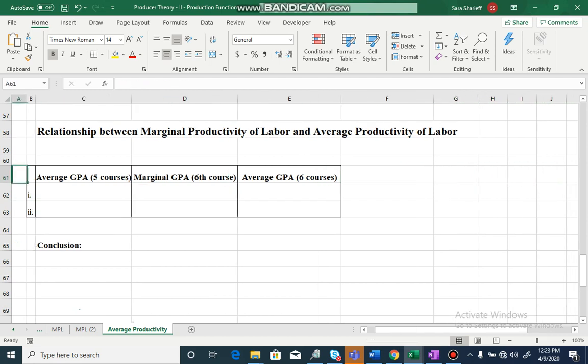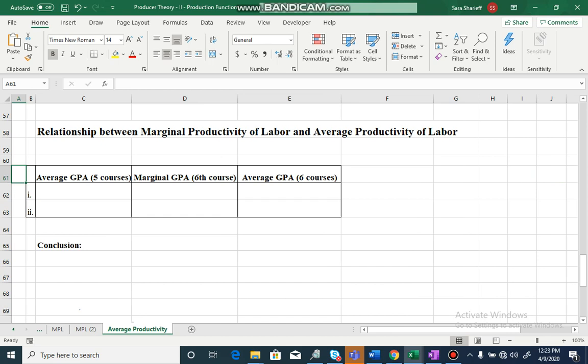But I don't want you to go into this calculation. I won't be using that same data to explain average productivity of labor. The reason is I just figured out that there is a minor flaw in that data. I made it up myself. That data is perfectly applicable on total productivity, it is absolutely applicable on marginal productivity, but I won't be able to apply that on average productivity due to some reason you don't need to worry about.